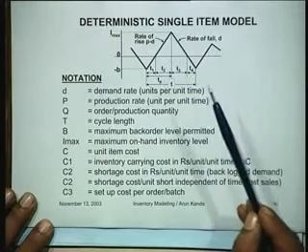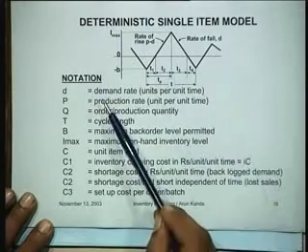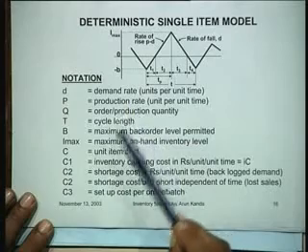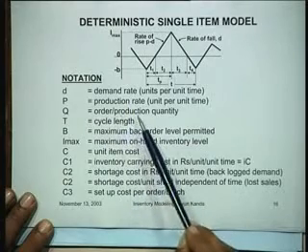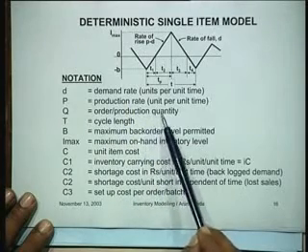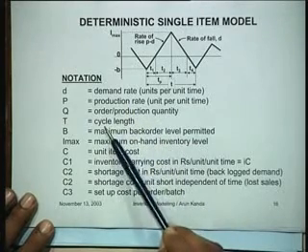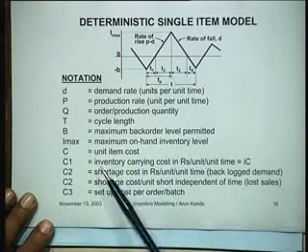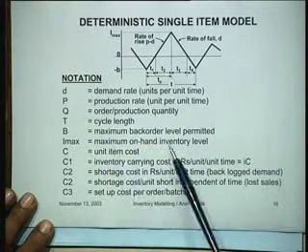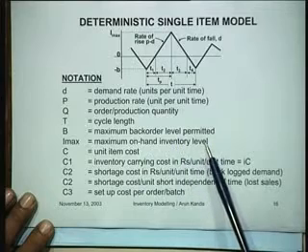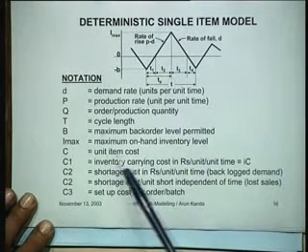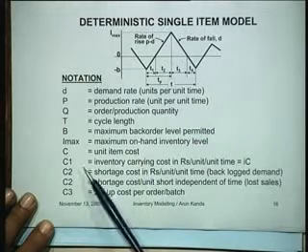So if we take this notation as D for the demand rate, P for the production rate, Q for the order per unit production quantity, T for the cycle length, B for the maximum back order level permitted, I max for the maximum on hand inventory level, C is the usual unit cost,